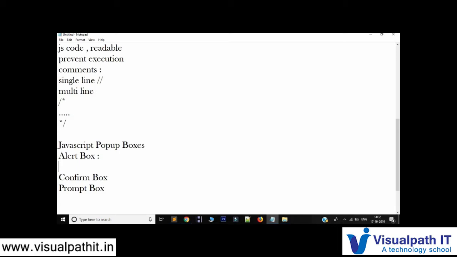So for that, the syntax, or the main thing which we want to know, is the keyword window dot and then the keyword alert. This is really very important. In the parentheses you write what you want to display, for example, successful. So what am I saying here?